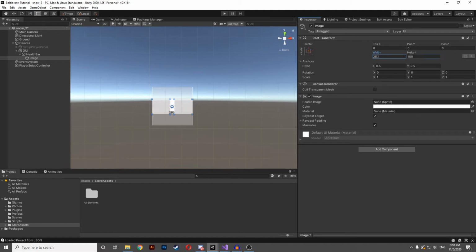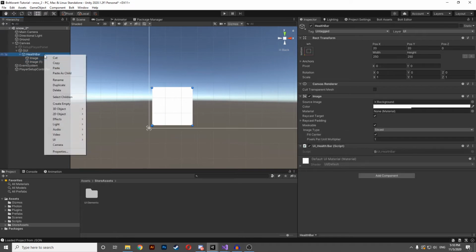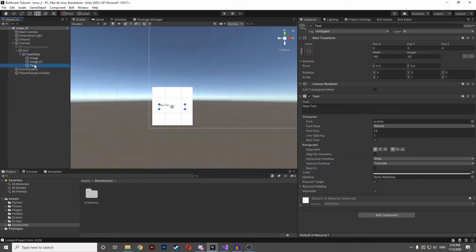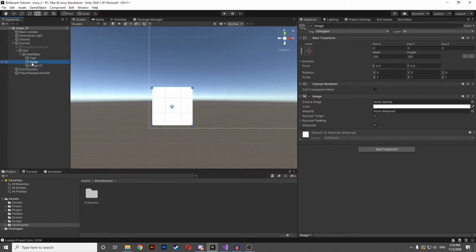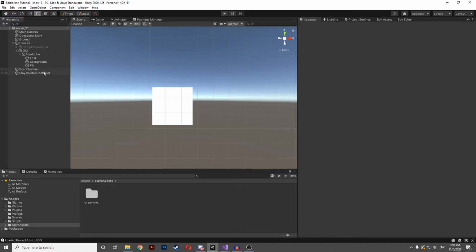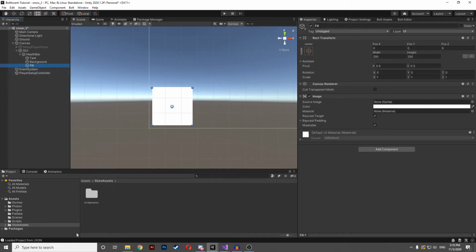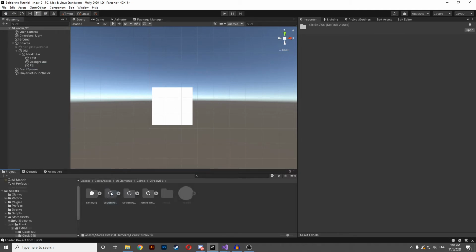So make sure that this image has the width and everything of our health bar, and of course add the text. The image will be our background, because our background needs to be a parent of our fill, because the fill will be shown over our background. So here, for aesthetics purposes, we're gonna add a circle of maybe